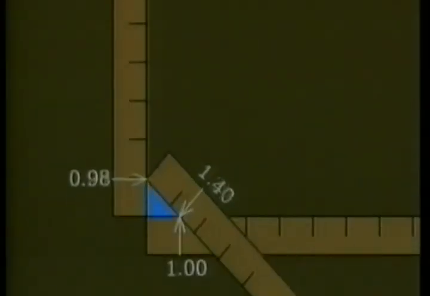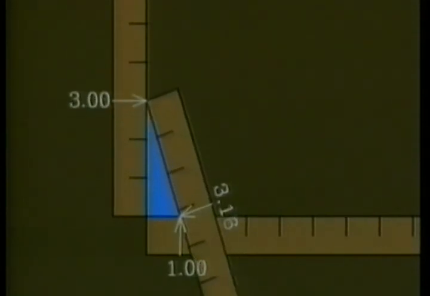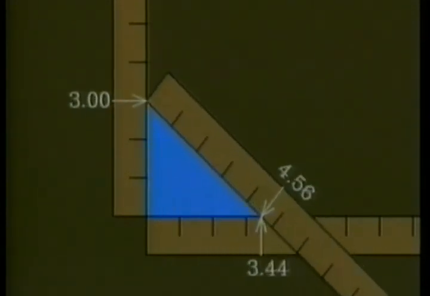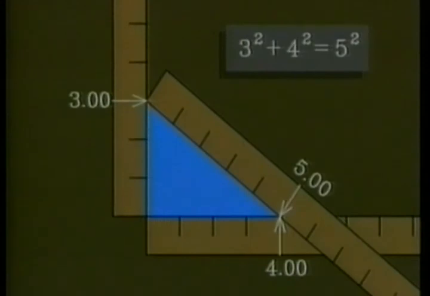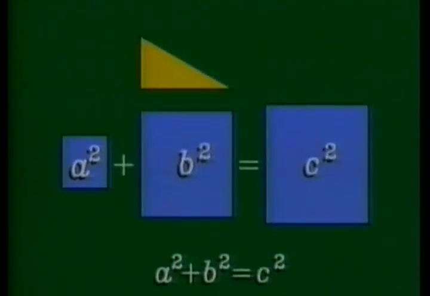The theorem of Pythagoras is one of the oldest results in all of mathematics. In any right triangle, the sum of the squares of the legs is equal to the square of the hypotenuse. In other words, the sum of the areas of the 2 small blue squares is equal to the area of the large one. To see why, make 4 copies of the right triangle.